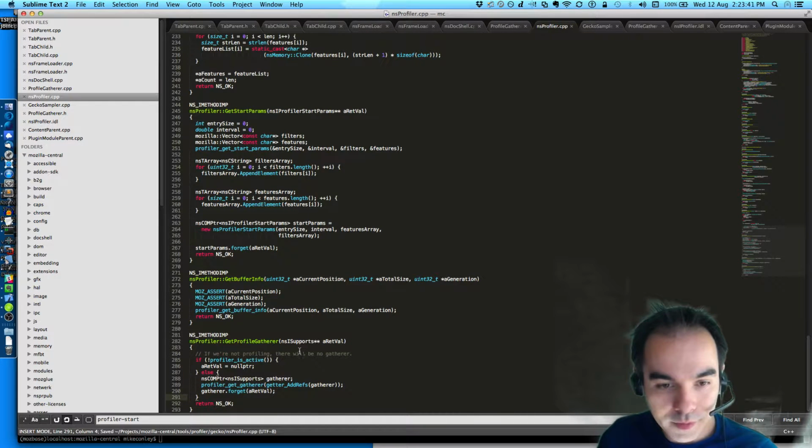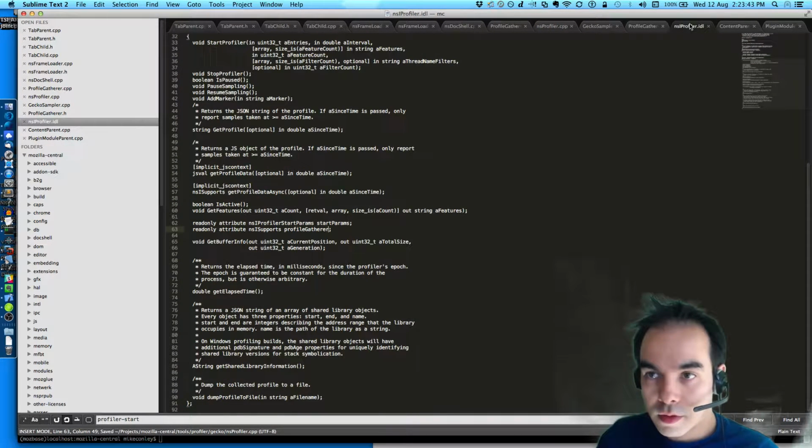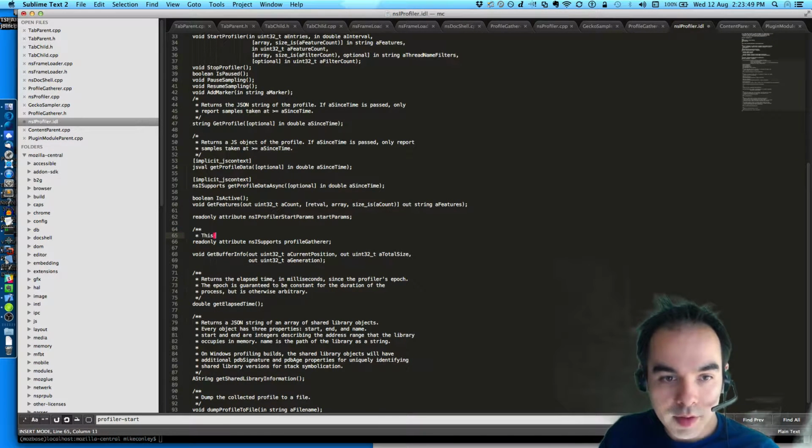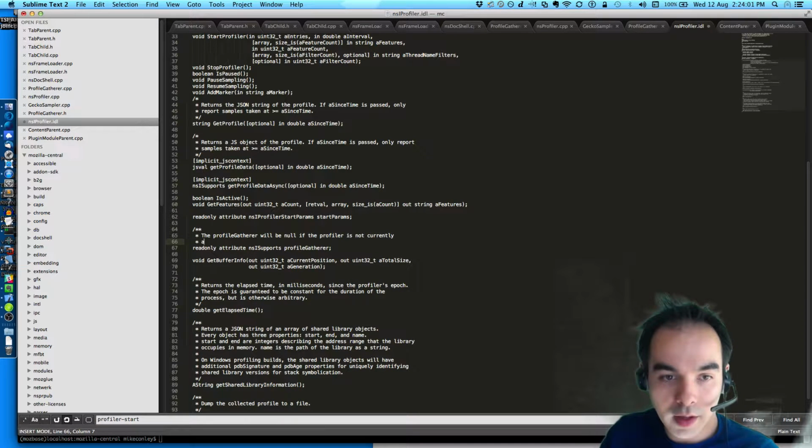Okay. This can be null. This will be null. Profile gatherer will be null if the profiler is not currently active.